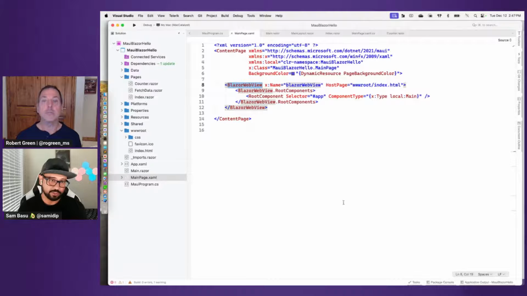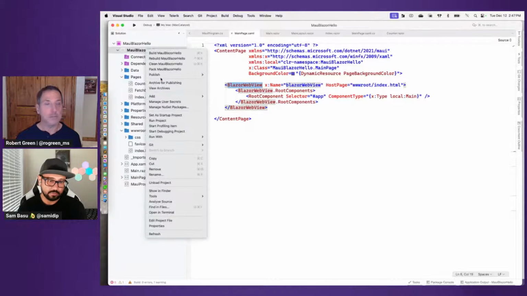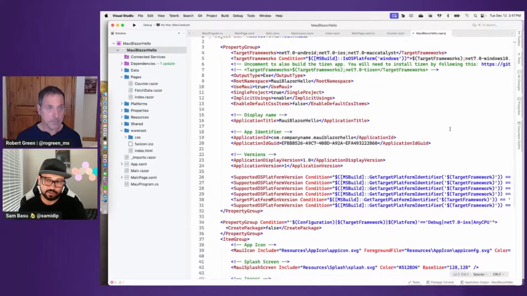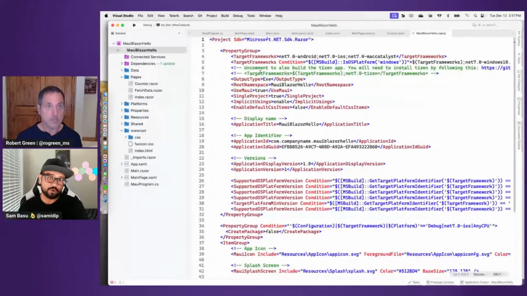The one difference, though, is if I look up the project file here, you'll notice that everything else is typical .NET Maui, but the project SDK actually brings in Microsoft.NET.Sdk.Razor. This is important because without this, the compiler is going to get a little freaked out because you're rendering web UI Razor components inside of a native app. But it is truly and absolutely a native app, and you can do all types of native things with Blazor.